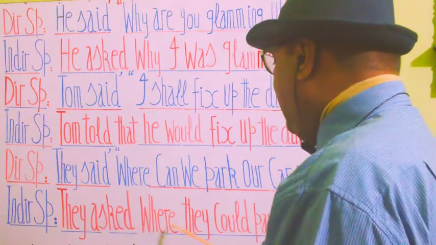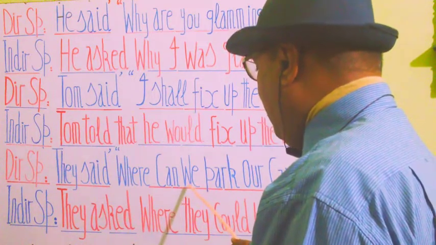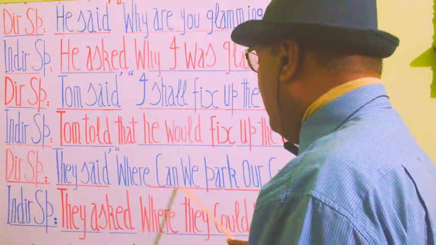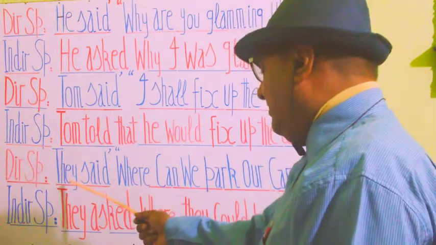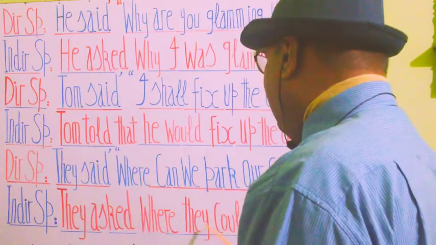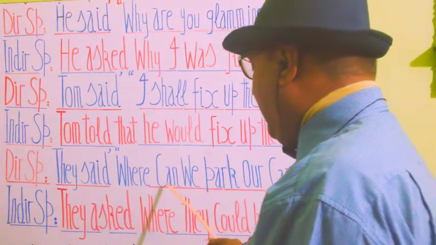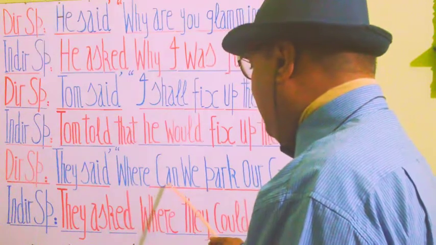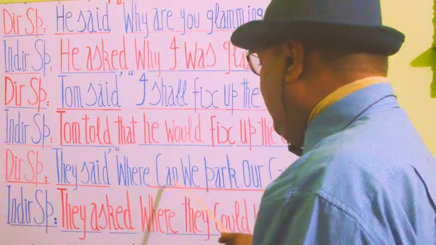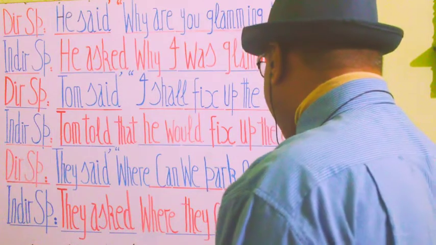So they asked where. Now we approach the subject, which is we, and it belongs to the first category pronoun. So it's going to change by rules with the outer subject, that is they. So we will replace it by they. So we will write here they, where they. Now we come to the verb form. That's a helping verb, can. It would change into the past because the first part of this statement is in the past. So past of can is could. So we write here could, where they could park their cars.